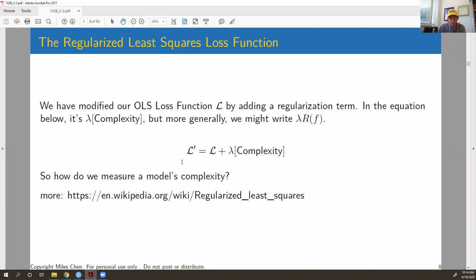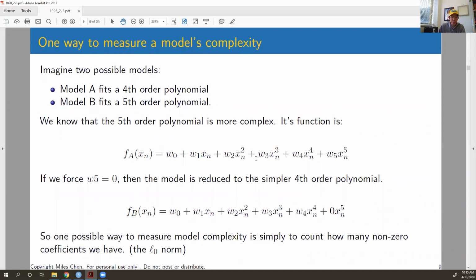And so the question is, how do we measure a model's complexity? Just imagine two possible models. Model A fits a fourth order polynomial, and model B fits a fifth order polynomial. From this, we know that the fifth order polynomial is more complex. This is what it would fit: